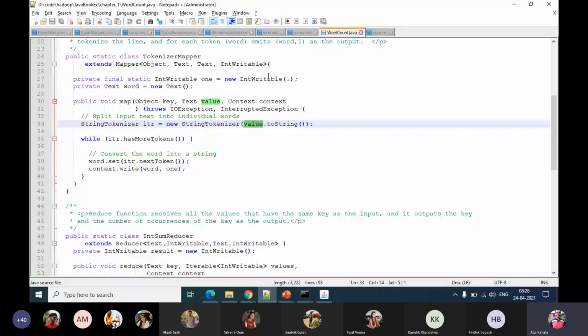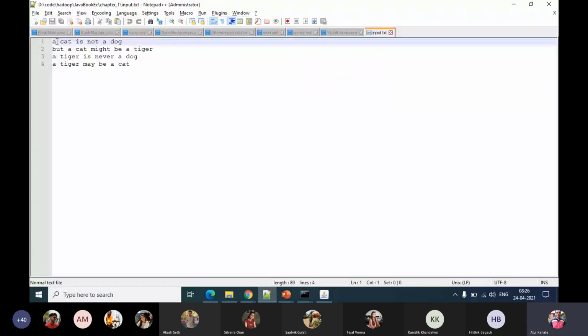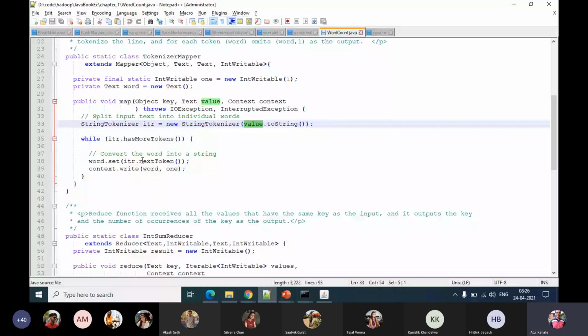How? We read the first value, for example the word A, and in the output we write A followed by 1, because that is what we are writing here, A 1. So the input value was A, and there was no key.